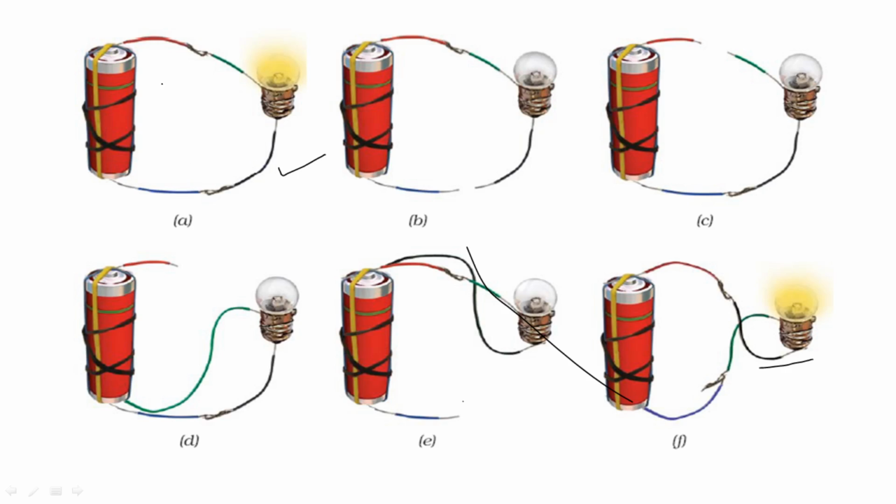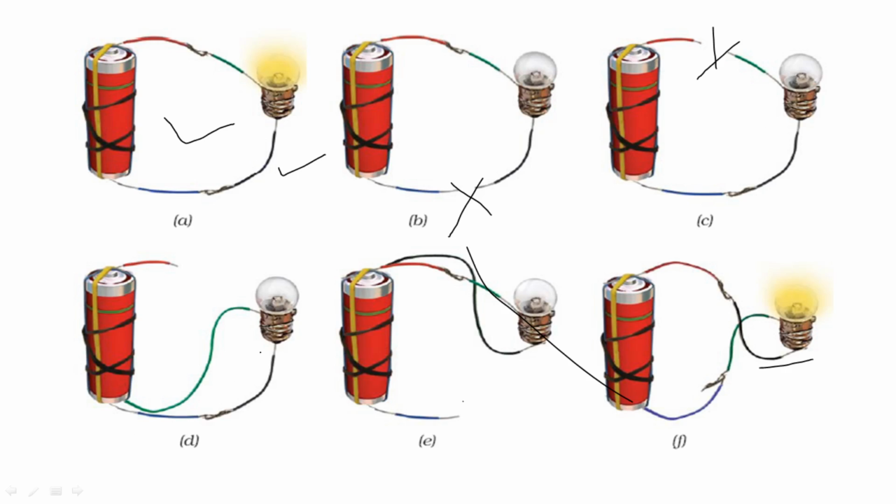Look here, the two terminals of the bulb are joined to the respective terminals of the cell. That's why it is glowing, because electricity is flowing through the wire to the bulb. But here, this wire is not attached. That's why it is not glowing. Look here, the bulb wires are not attached. That's why the bulb is not glowing.